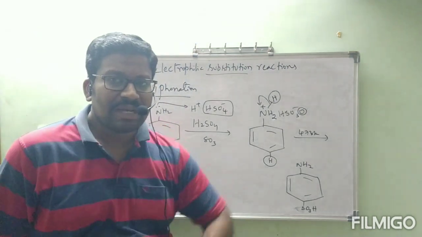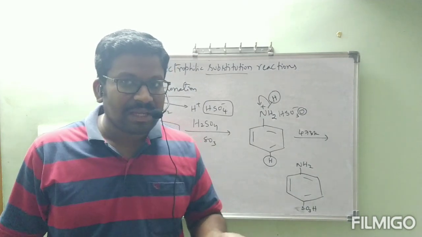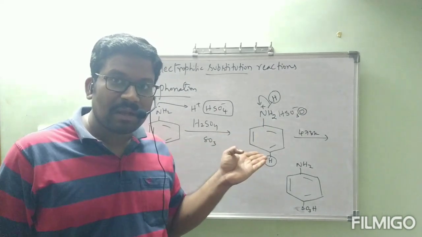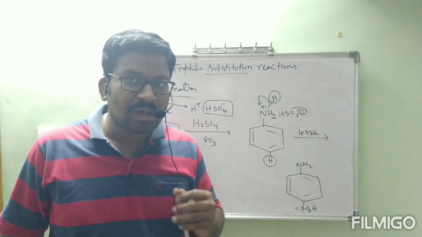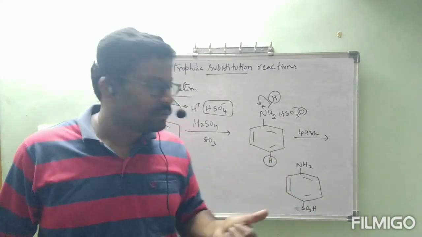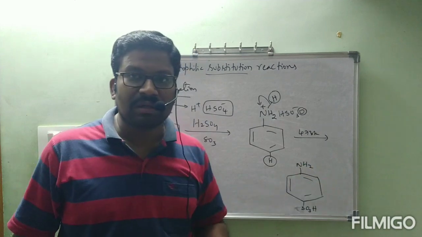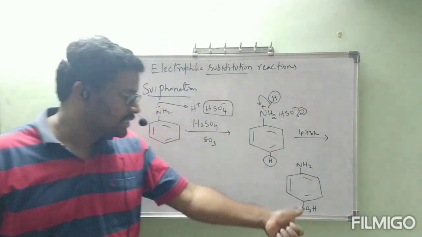What is the electrophile in sulfonation? SO3H plus. That SO3H plus is not directly coming into para position; we are getting an intermediate, after that it is coming into para position. Why are we not getting ortho position? Ortho position repulsions are more. Here, if HSO3 is there, the repulsions between NH2 and HSO3 are more. Because of that, we are getting para position. And this is the product.